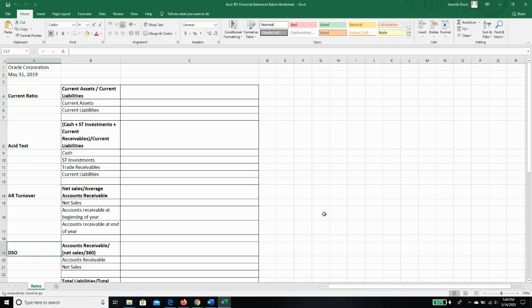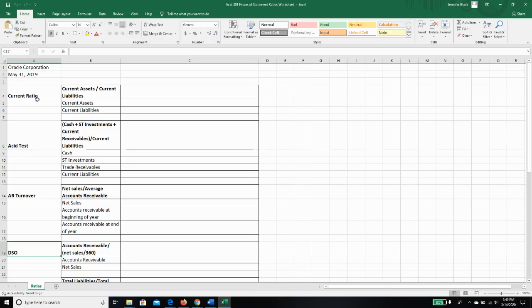And these are referred to as our liquidity ratios because they tell us how liquid... I won't say it like that. I won't use a word to define a word. They tell us how likely it is that we are going to be able to pay our bills in the next year and kind of like how quickly do we have cash coming in the door. Okay, so I'm going to have to pull numbers from the income statement and the balance sheet in order to